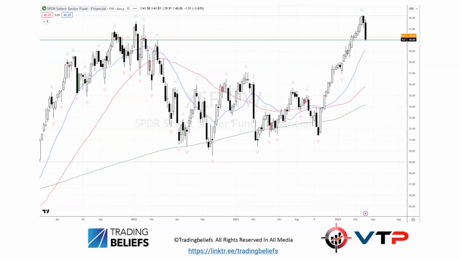But this is a chart of XLF, the financials ETF, and listen. This is the weekly chart, with the morning star, which gave us a great run of the months. We got back up to the recent highs there, but you can see for yourself that that's kind of come off there, and that's an implication of the price action that we saw in JP Morgan.